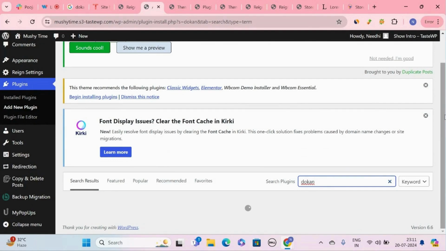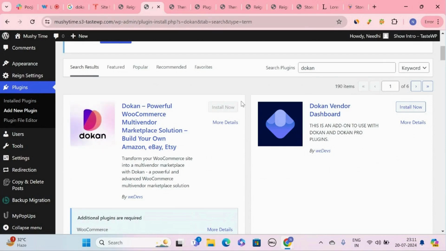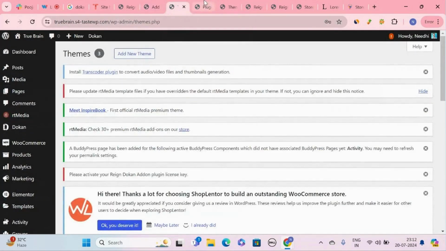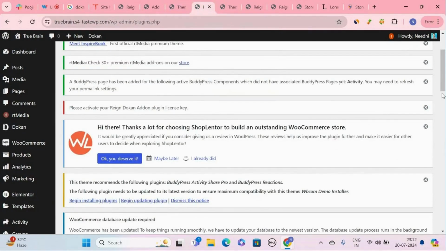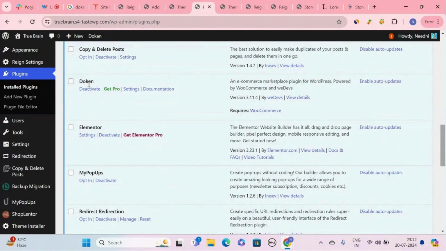If we only want the features of the free version, we can directly download it from here. And if we want the paid features, then we can visit their site directly. You can install the plugin from here. I've already installed the Dokan plugin as well. Here you can see.